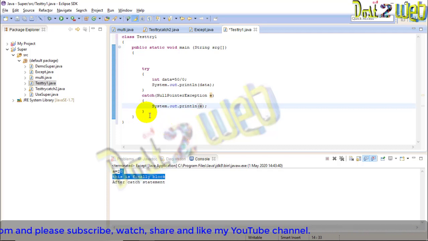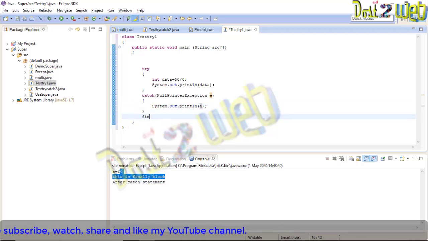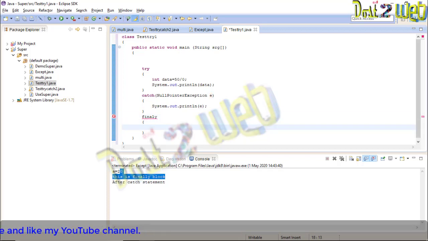Now I'll use the finally block. In the finally block, what we have to do? Again printing a statement. What you are going to print here? You can print whatever you want. Finally block.